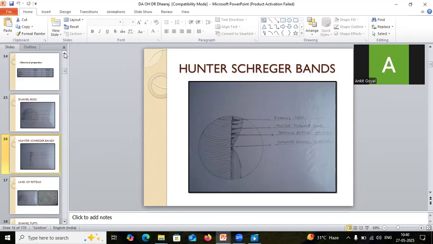reflected or under a polarized light. This optical effect is created due to variation in the course of adjacent groups of enamel rods, and each band consists of approximately 10 to 13 enamel rods. Because of this, when a section is prepared, some rods are cut longitudinally while some are cut transversely. When the light passes through the